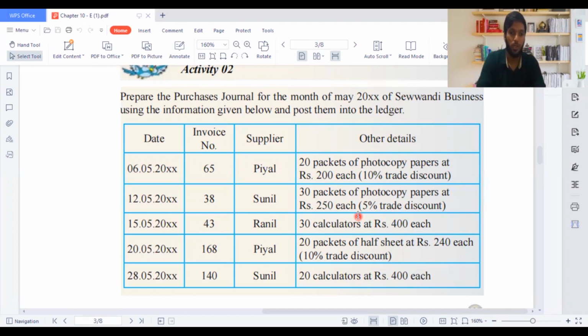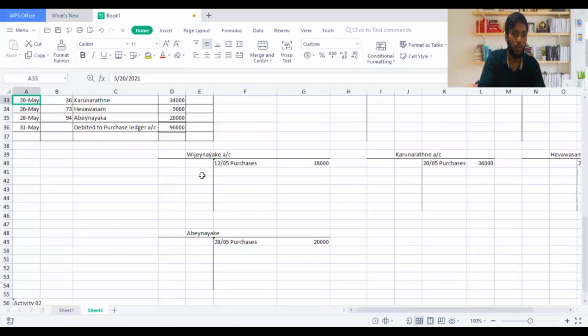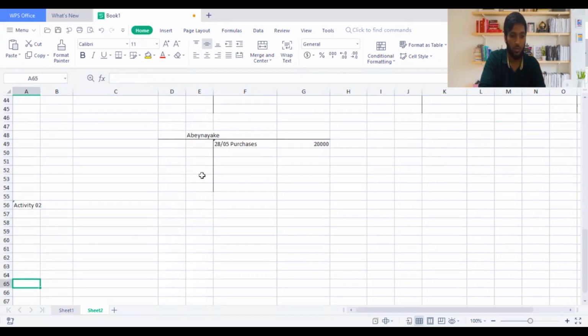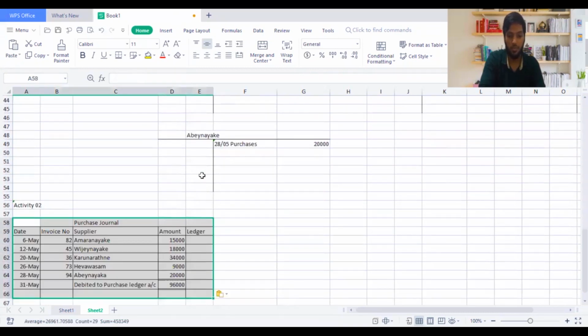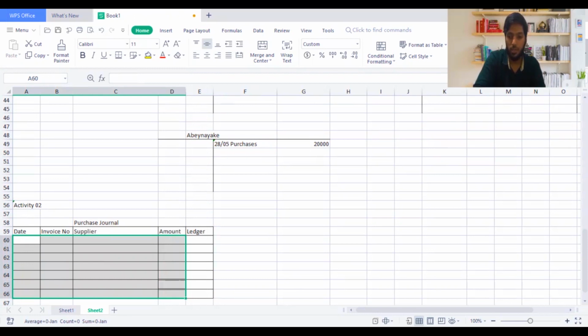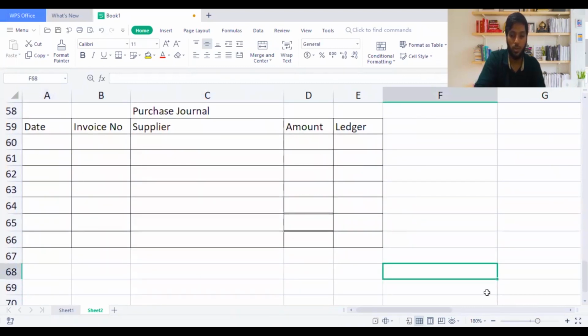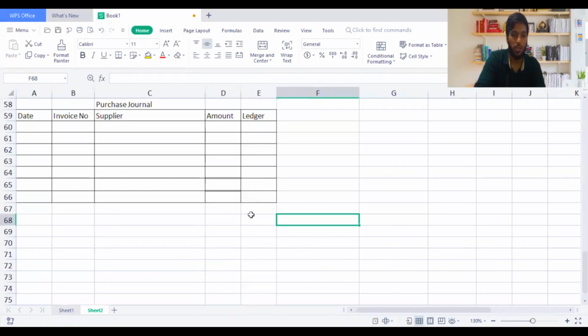Now let's move on to this particular date. Let me prepare the same format. I'm going to copy date, invoice. I'm going to zoom a bit, guys, so you can have a complete view on what I'm going to do. I'm going to put some workings here to make it easy for you. You also can do the workings with me. This is fine.